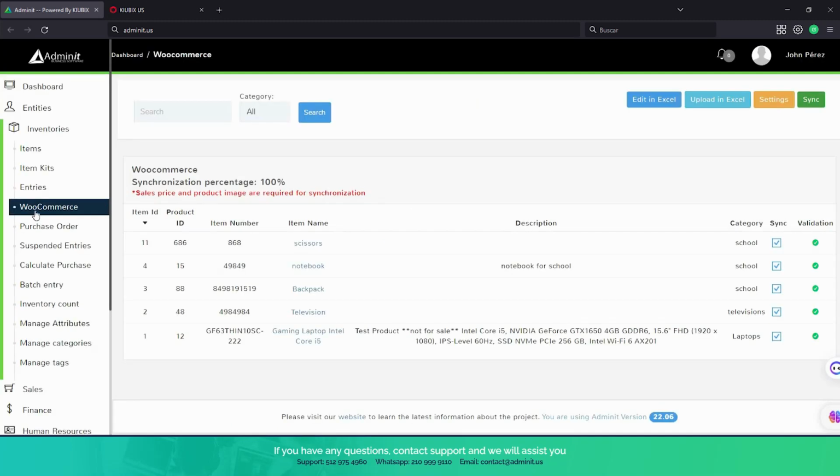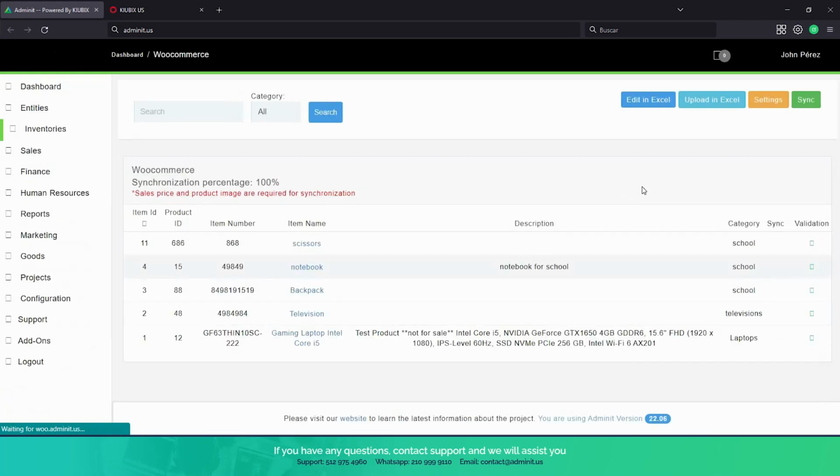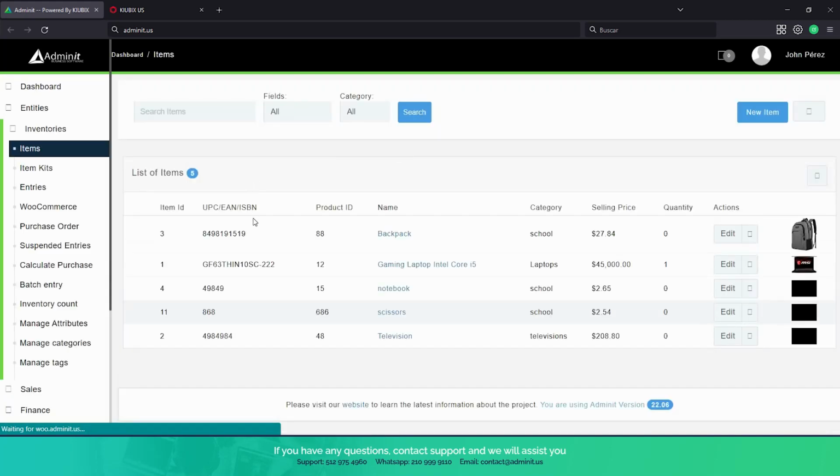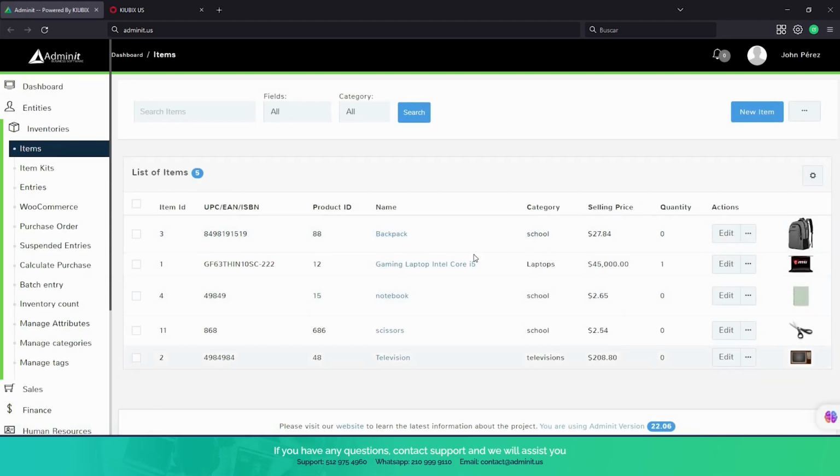Now, one final thing I would like to show is that you could edit all of your information in Excel, or you can upload in Excel. Now what this will do is, instead of having to go inside the item section and edit them here, you could just simply download an Excel with all of your items and go inside that Excel sheet and edit